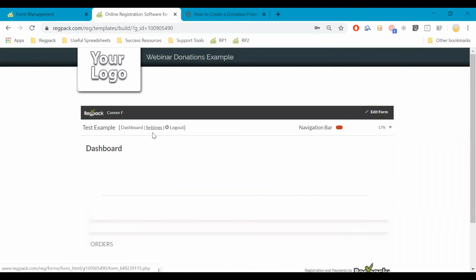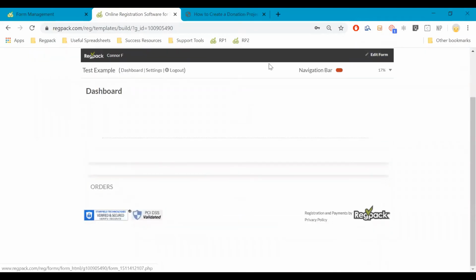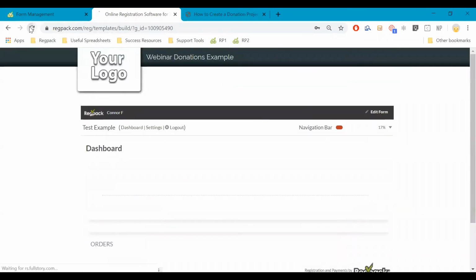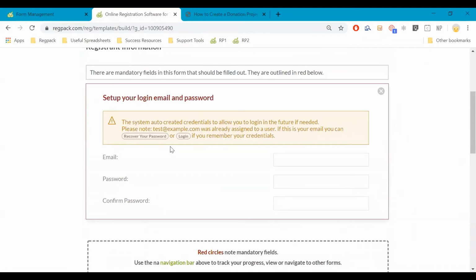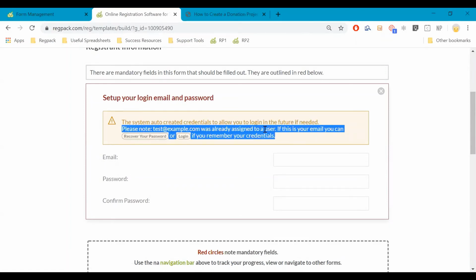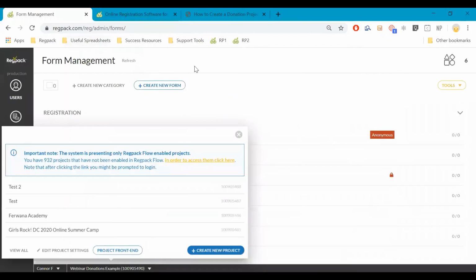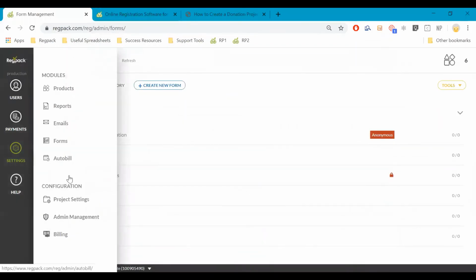Where did we go? Let's go back to the dashboard. Let's start this over. Already assigned to a user. So this is something where if you want to have that setting in, you're going to want to make sure that you have in project settings,